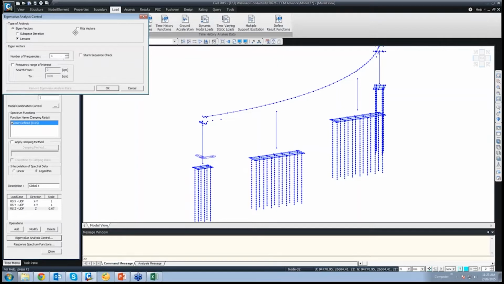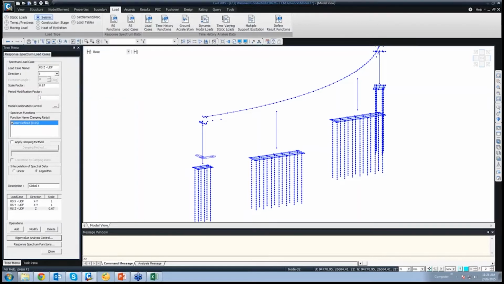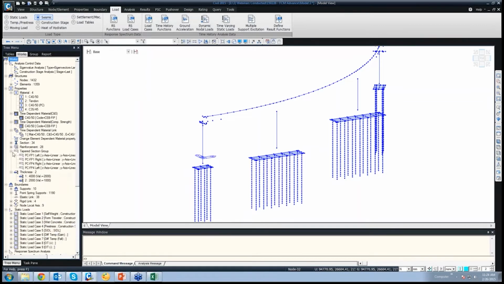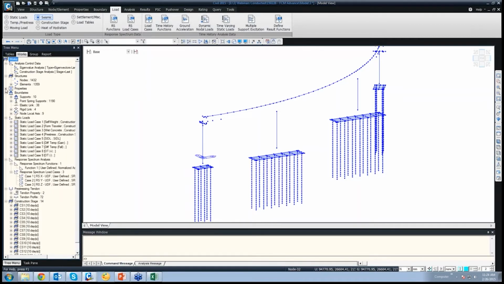You could either select Ritz vector, change the number of frequencies. Over here we are saying number of frequencies as 20 to generate 20 mode shapes. Say okay. Okay, close. So now the response spectrum function and the response spectrum case have been added to the model.